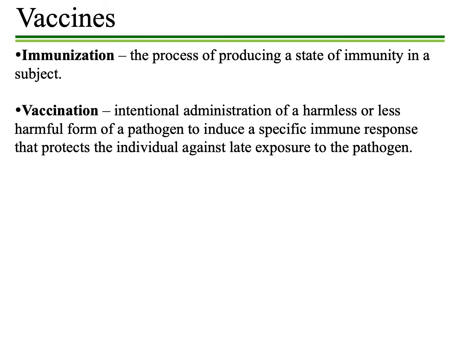Like those previous examples we just talked about on the first two slides, previous exposure to either a less virulent form or even a virulent form allowed for immunization to take place. So again, immunization is a process. It's what's happening in the individual. It could be due to an exposure to a pathogen, or it can be due to exposure to a pathogen such as a vaccination. So hopefully that is clarified for you in the differentiation between those two terms.